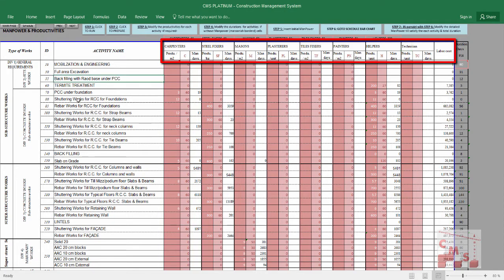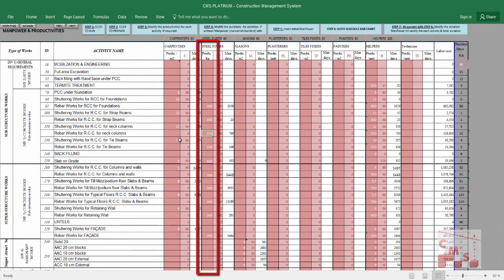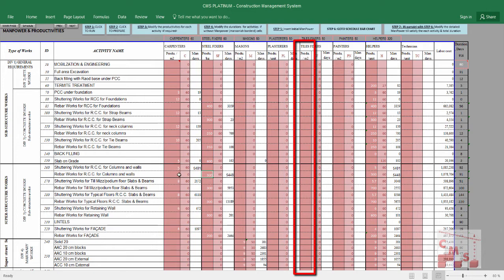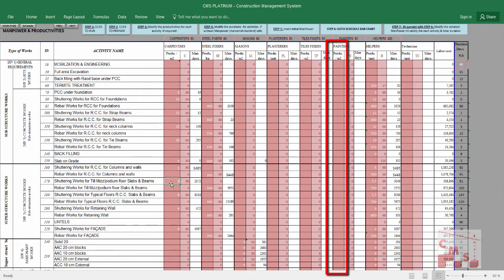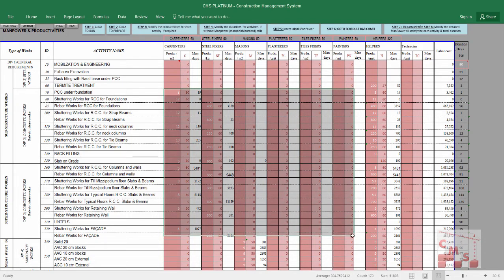For each activity, CMS already has a productivity for each type of activity, which is in the CMS database. Of course, you can modify it and change it according to your site condition, your company manpower, and your project. If you don't have this information, you can keep the productivity as it is because that's the common productivity for such activities. For example,